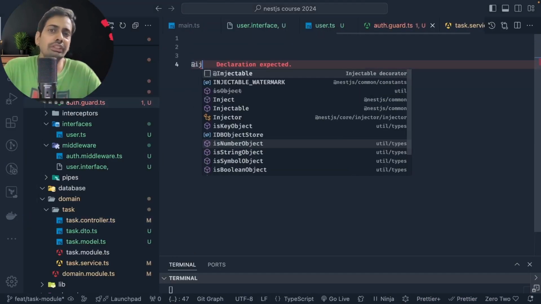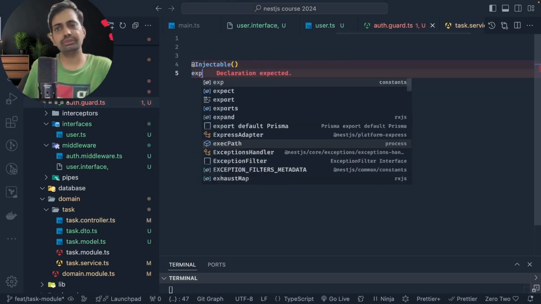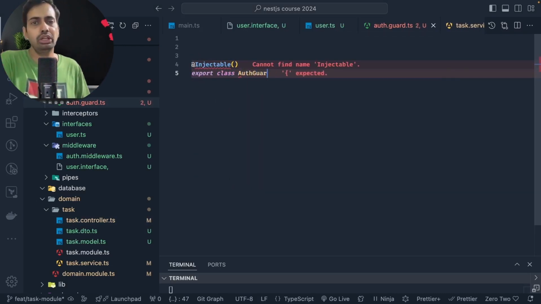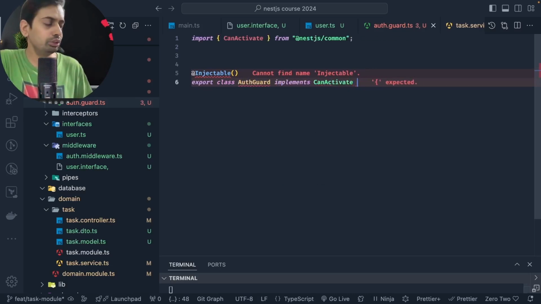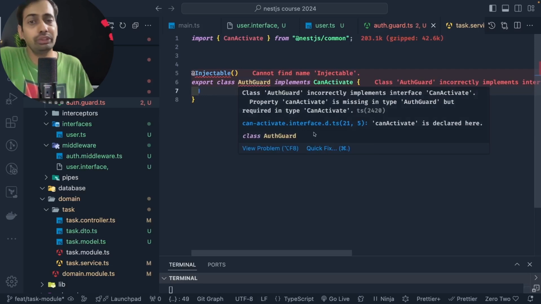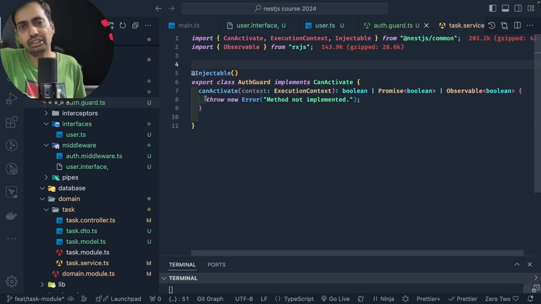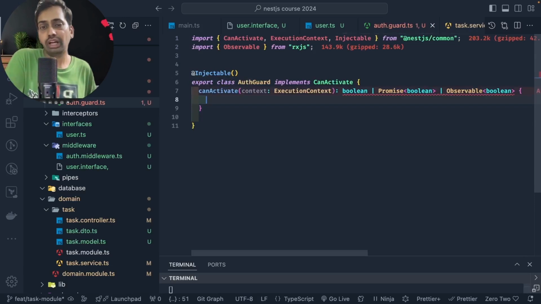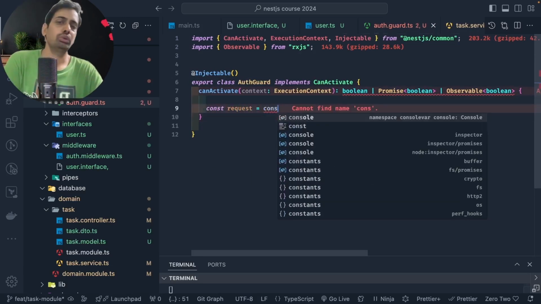Now after this, we can also create a guard. After the middleware, the second thing which comes into execution is the guard. The middleware executes, and now the middleware has called next, meaning the middleware has checked whatever we need to check, that the user is passing the authorization header. We can also validate the authorization header. उसके बाद guard आता है. At a guard we can do fine-grained request permission checks. देखो, और middleware का काम है कि request user को basic things check करना, कि authorization header है and the token is valid.